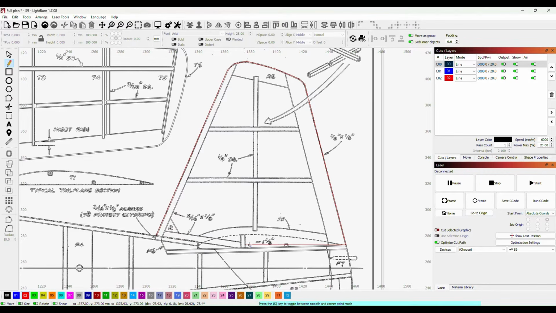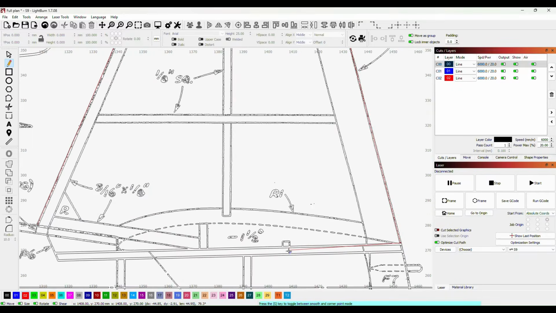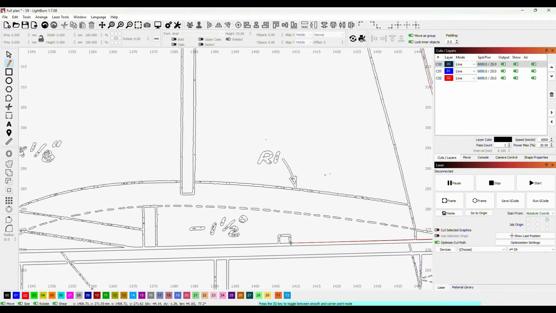So then the fin comes along here. Now what it does have is it sits over this spar in the wing, so I'm going to just cut that